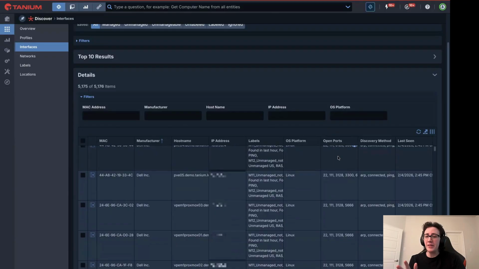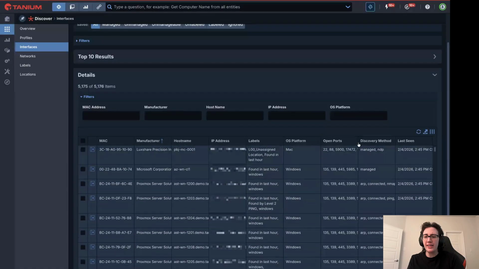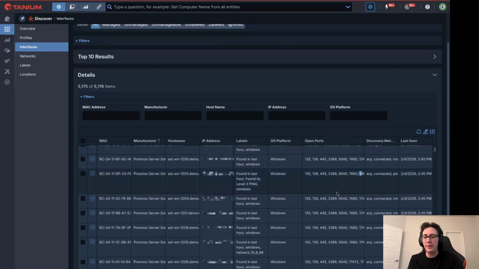So it might be something that's approved, but you can set up a label and send yourself a report for that label so that you know that these things have 23 open, or these things are printers because they have 9100 open. And why is there a printer there? It shouldn't be there. Once you start looking at what Discover finds, you can start identifying interesting patterns in your environment